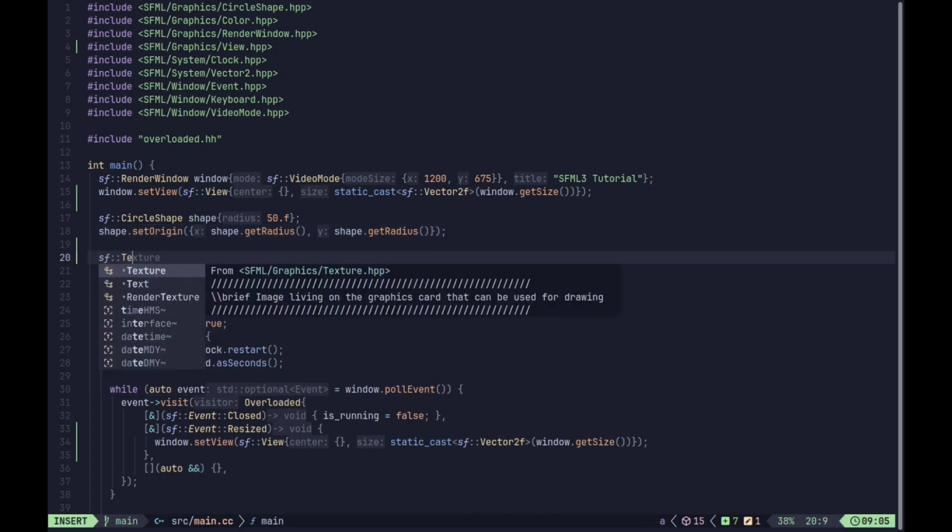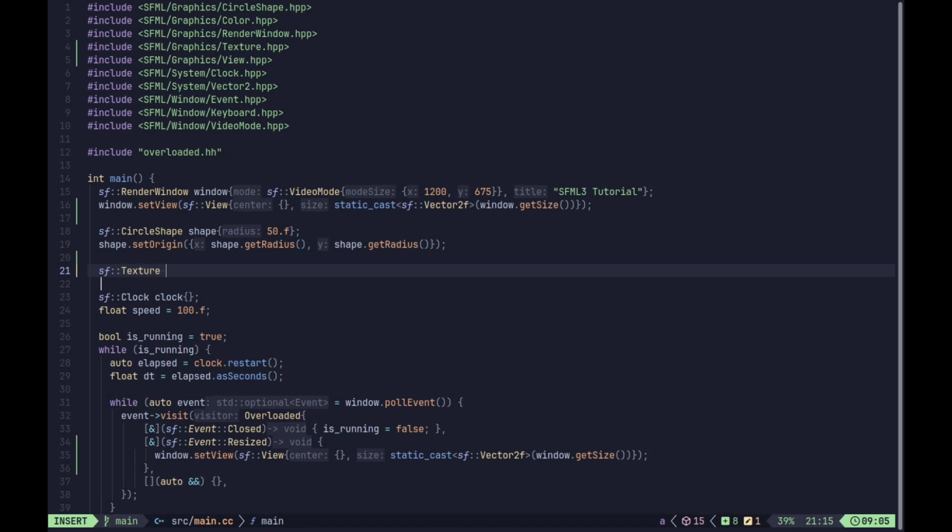An SFML texture is essentially an image that lives on the graphics card, which means it's uploaded to the GPU, and then we can access it for drawing. So that is what a texture is. Now it has a bunch of different constructors, but we are going to use the one that allows us to initialize with a file name. So we are going to just give the resources slash